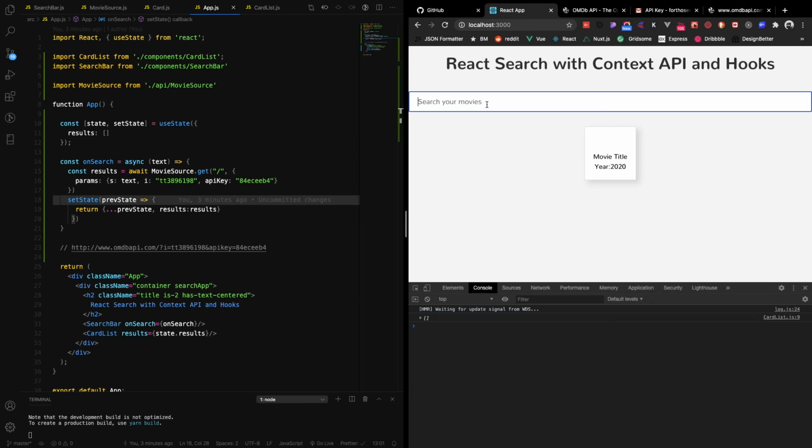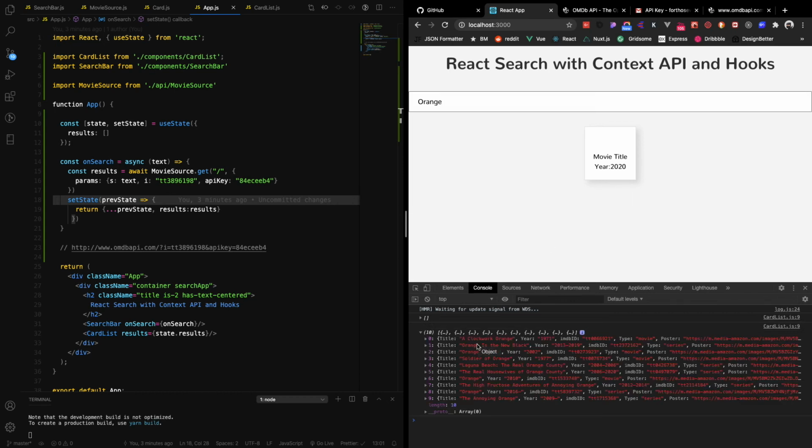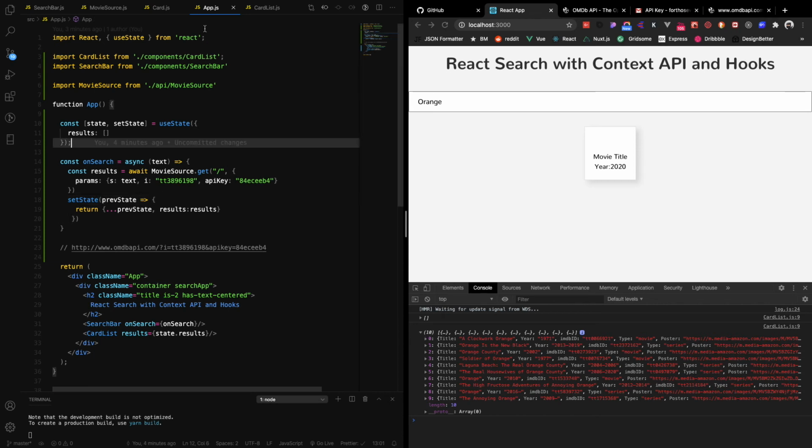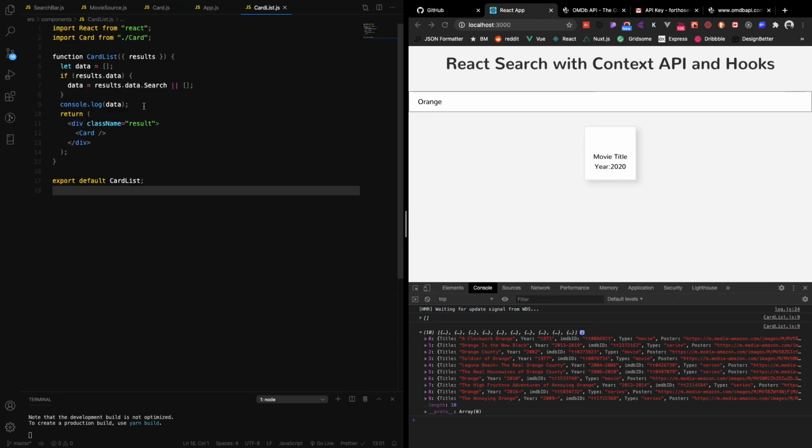Let's try out our search functionality. So we can write orange, and successfully we get the data. So right here, I need to point out a line which we added